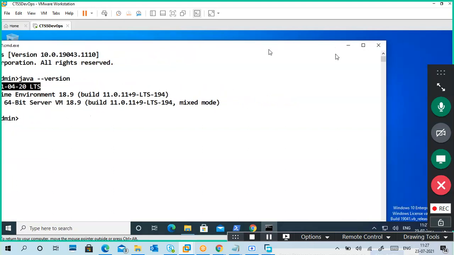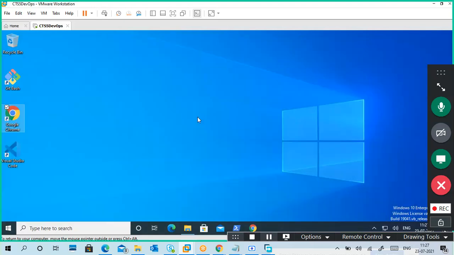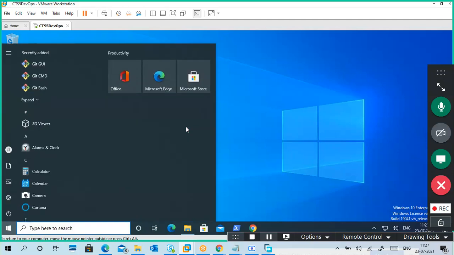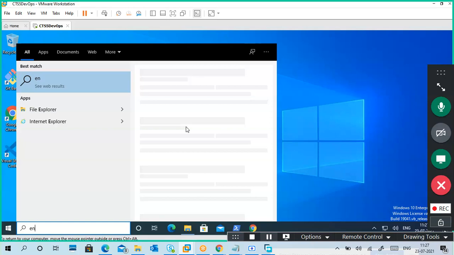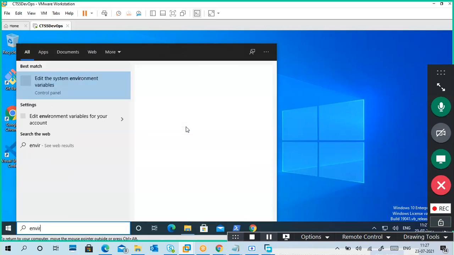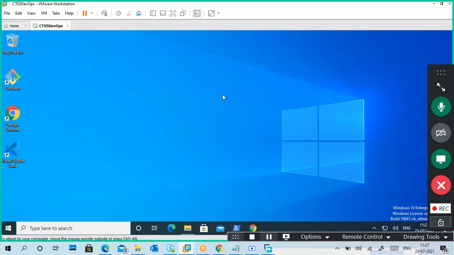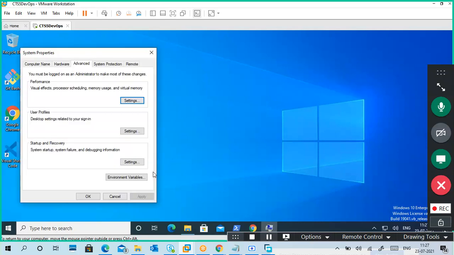So my machine understands the Java command. If it is not there, then better to set environment variables and verify they are properly created. Sometimes recent applications automatically add their paths, sometimes they don't.